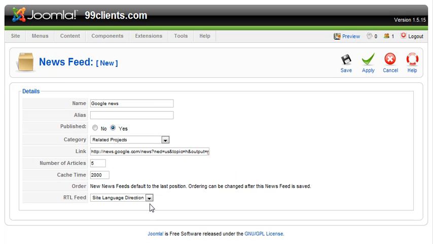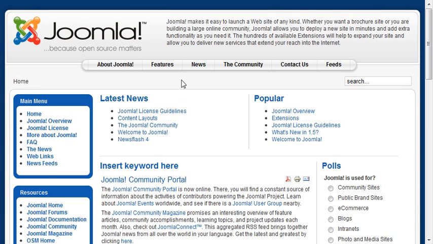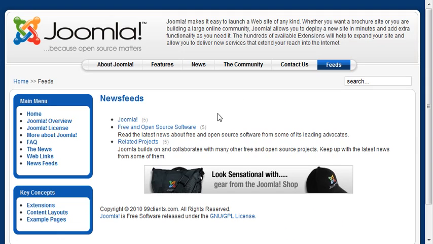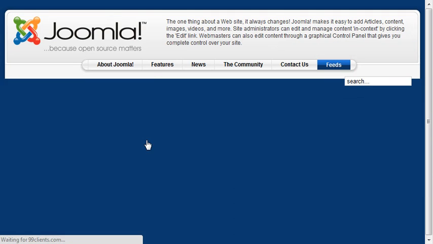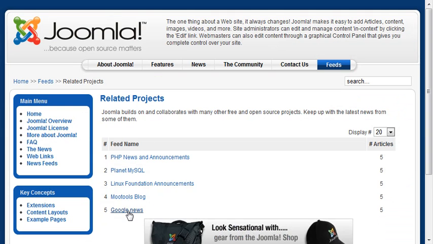2,000 minutes. And we'll leave the site language direction alone, because it's already a right to left feed as it is. And we'll simply hit apply. When we come back here to this area, we'll go to our feeds page, and related projects is the category that we put it in. Now we've got a Google News. We've got 5 articles showing up. We'll click on the Google News,